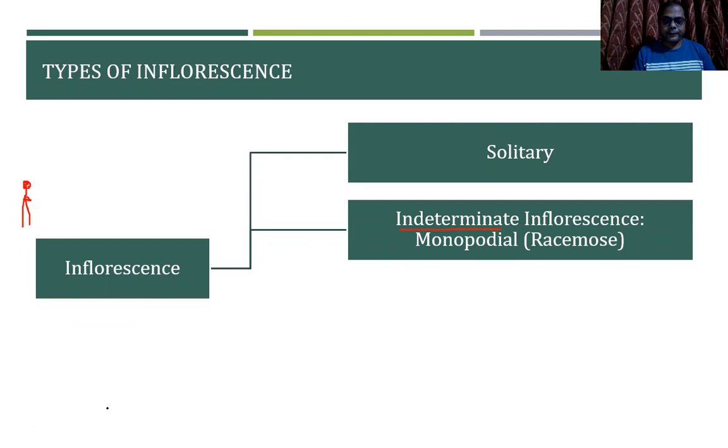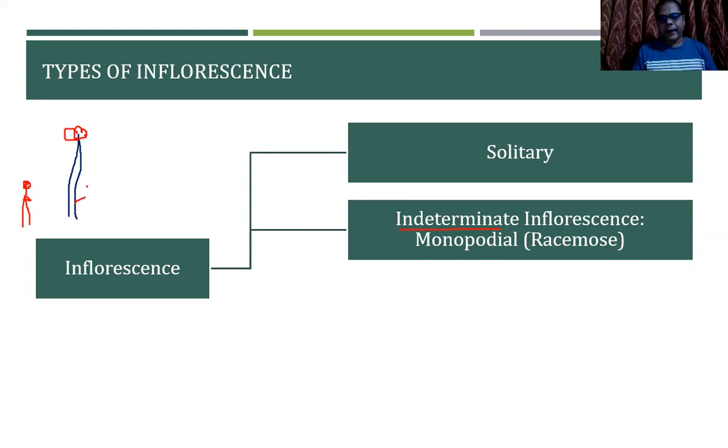Now, say for example, we have got this as the peduncle. This is a peduncle. So, what happens on the peduncle? Say, assuming that we have got a sessile flower. The first flower, the youngest flower, will be coming on the top here. So, the youngest flower is on the top, and the oldest flower is towards the lower part.